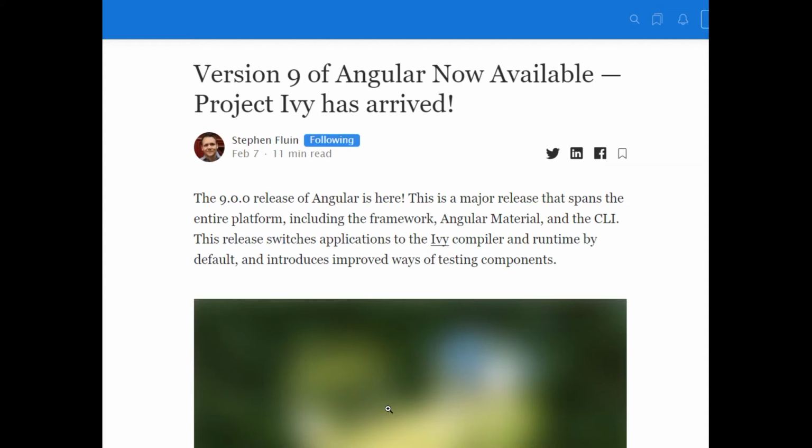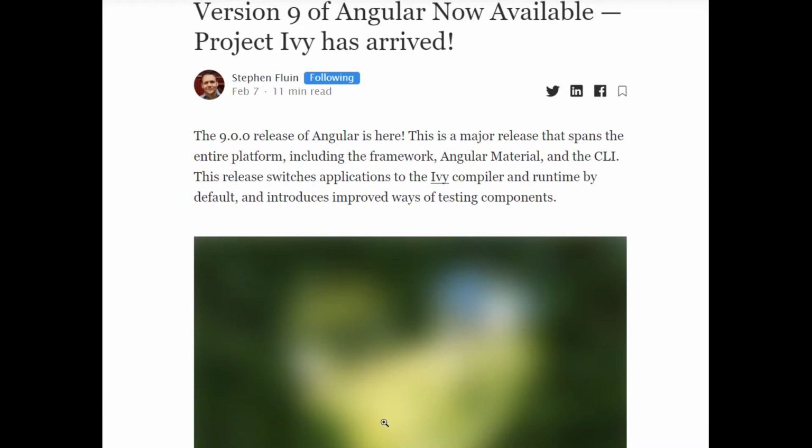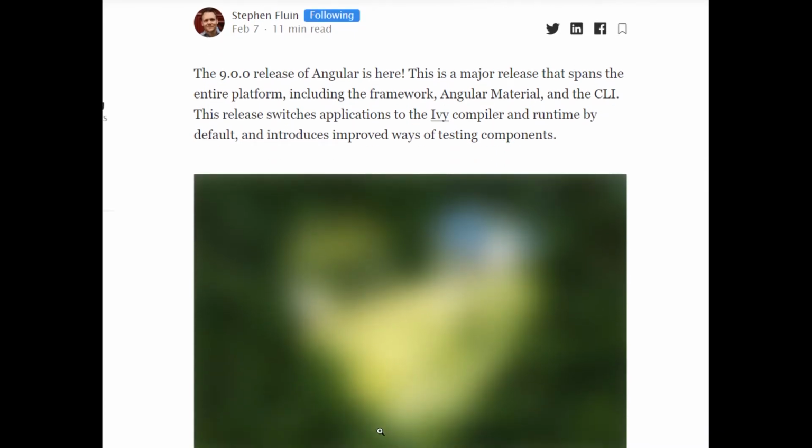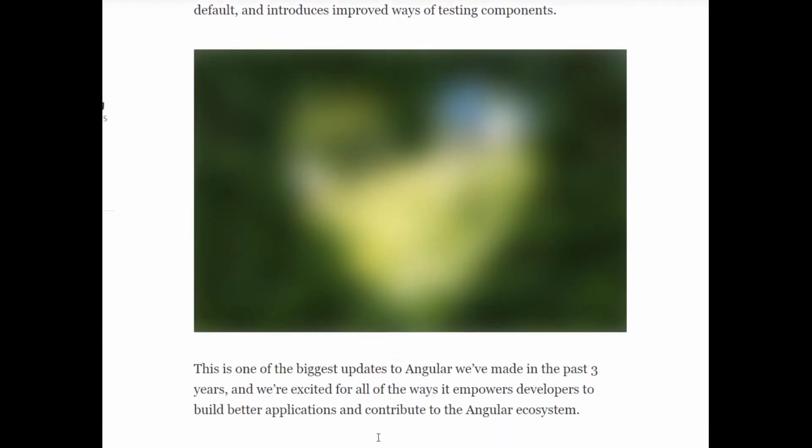Version 9 of Angular now available. Project Ivy has arrived. Stephen Fluin, following updating to Angular version 9. This guide contains information related to updating to version 9 of Angular. Updating CLI apps for step-by-step instructions on how to update to the latest Angular release and leverage our automated migration tools to do so. Use the interactive update guide at